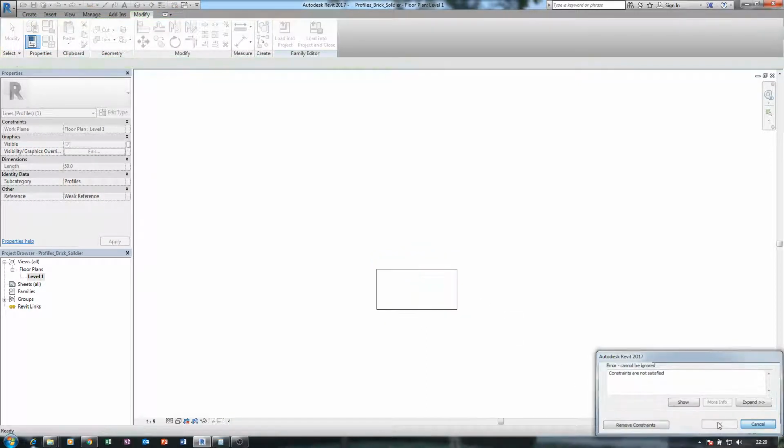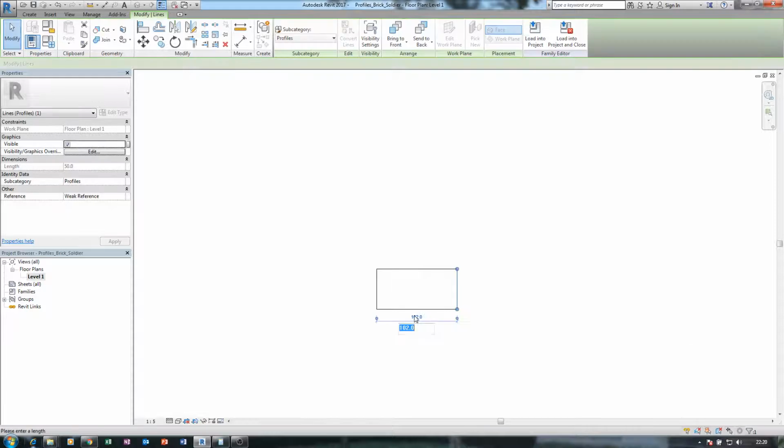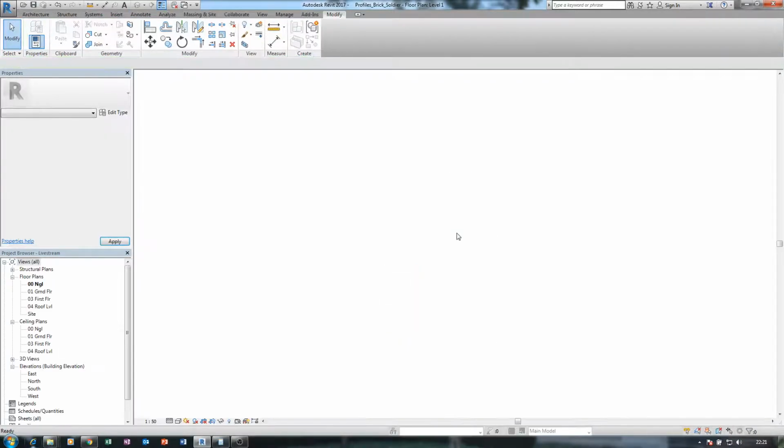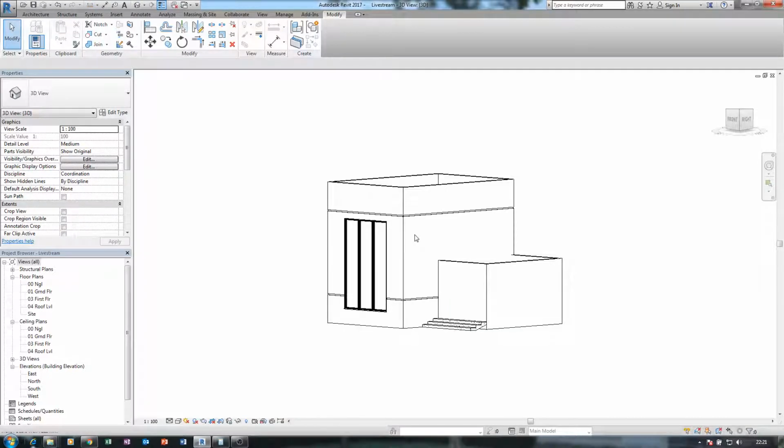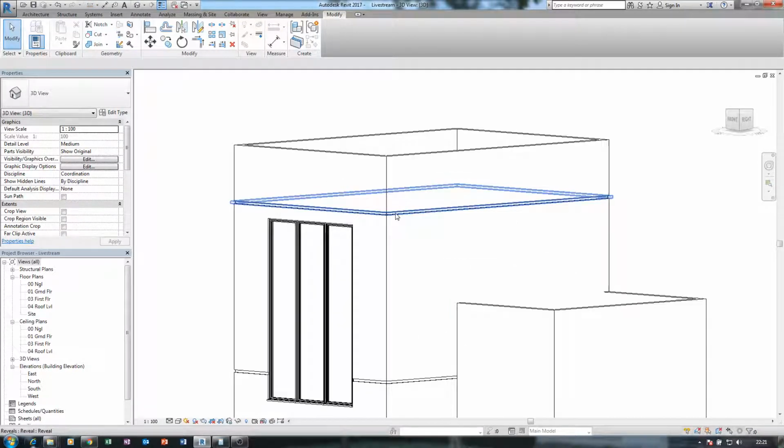You can see the constraint is not satisfied, and I can see where I can quickly edit the constraint here. So remove the constraint, so load it back into the project, and normally I can save that name.